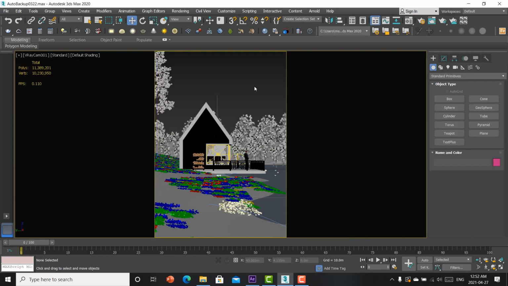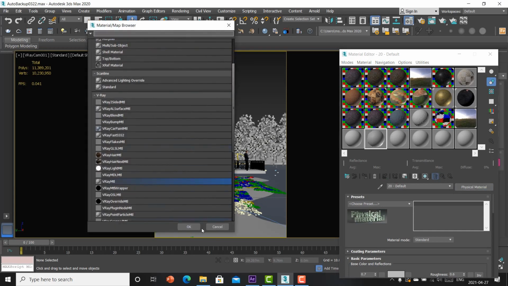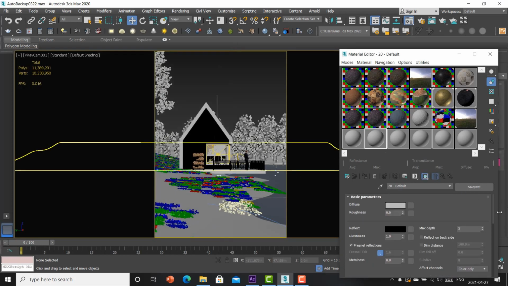And now I'm going to add some materials. First of all, I'm going to open the material library. Don't worry, I'm going to give you these materials in the description down below. I'm going to add these materials to my ground, and now I'm going to make a water material. First of all, I'm going to change the physical material into the V-Ray material, and I'm going down to the map